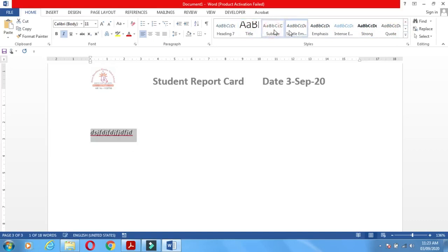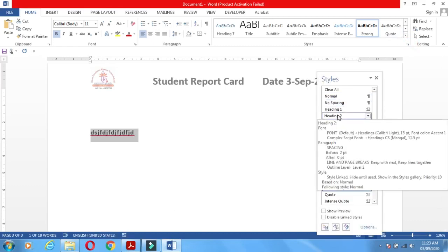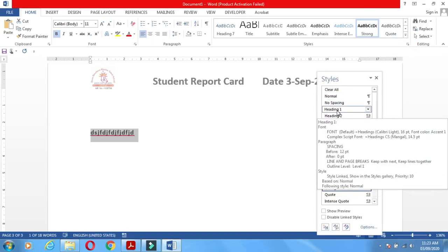The way you select different styles, the font or your document text will change that way. Understand? Now here you can click on this and you can apply the different headings also.